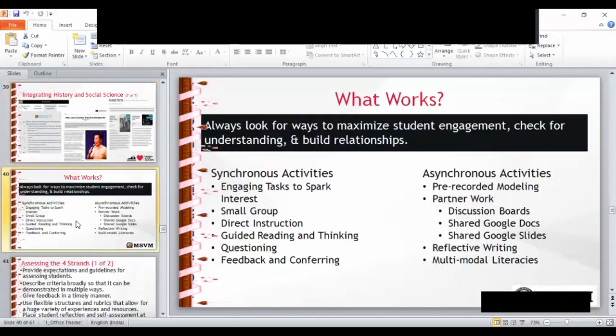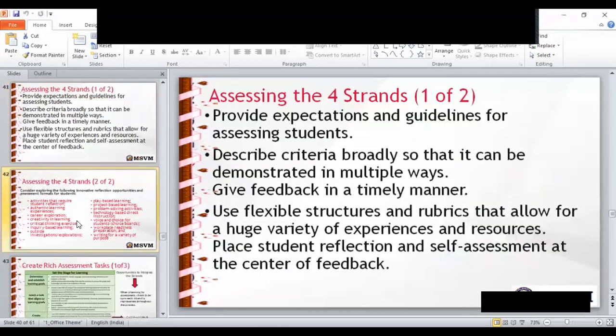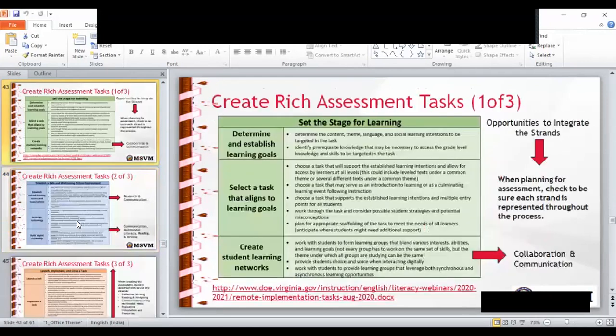And what works: synchronous activities like engaging tasks, small groups, like that. We have discussed more about it, and create rich assessment tasks.